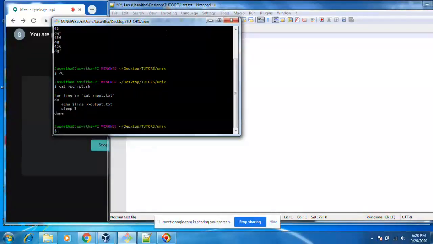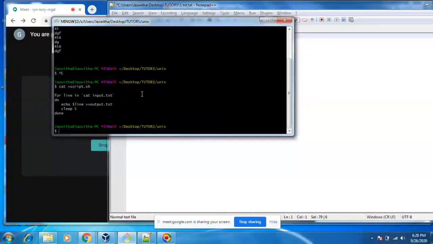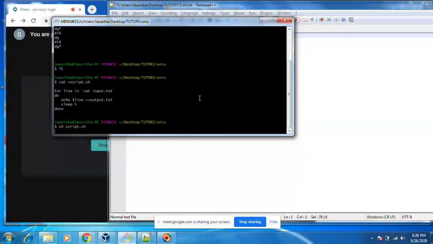Now I am running the script in the background. If you press ampersand, it will run in the background. If you don't press ampersand, it will be like this.